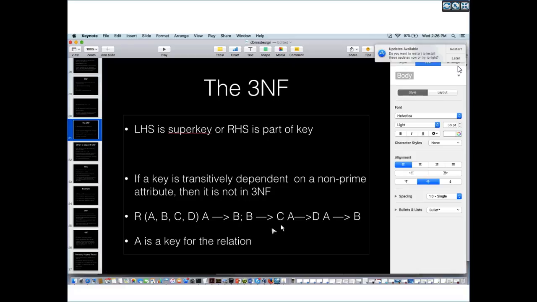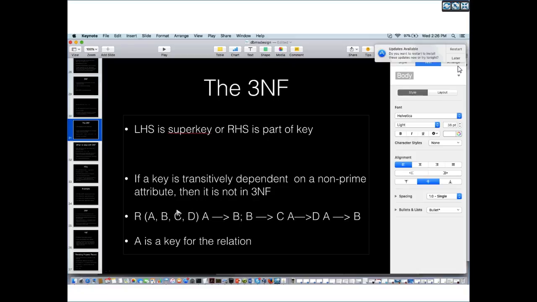So it is also not good to be part of a key which is non-prime attributes. Certainly, by the definition that I gave, the LHS has to be a super key. Sometimes you find this in some books, which actually comes because the 3NF says that